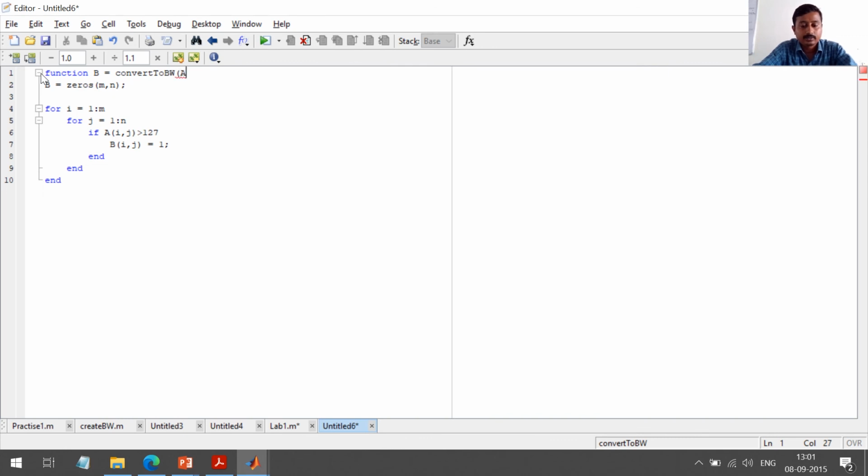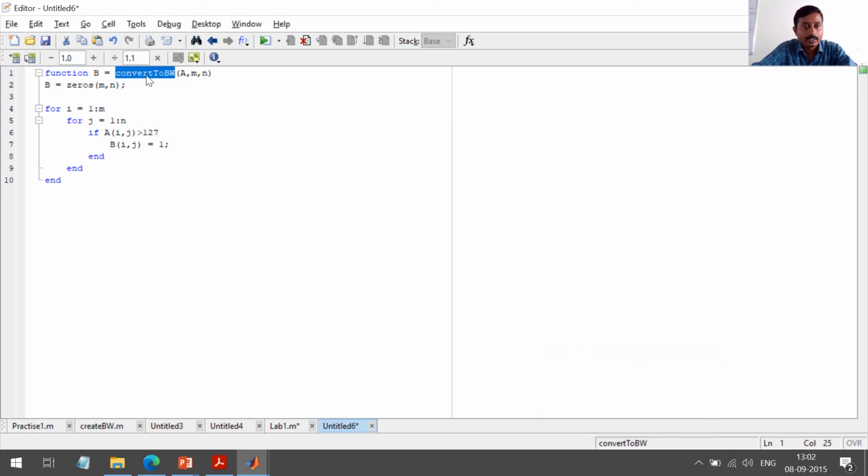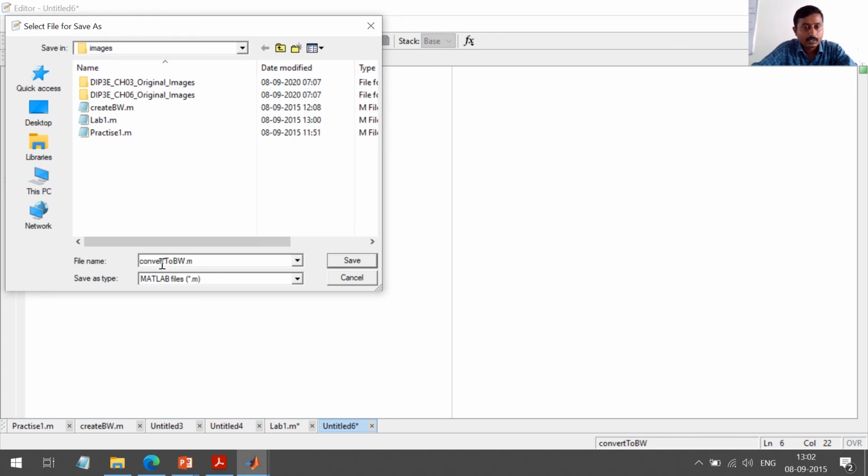Then the parameters, so we'll receive A, M and N. I am returning array B. So B is created, then we have applied the logic, and that's it. The file name should be the same as the function name, so you save this as convert to BW, with extension .m.